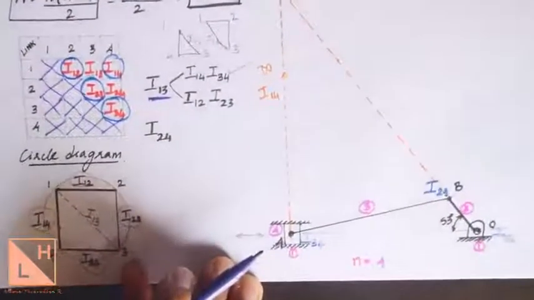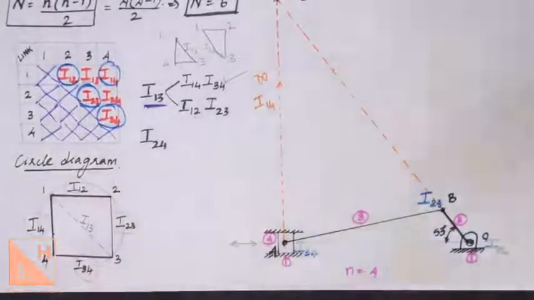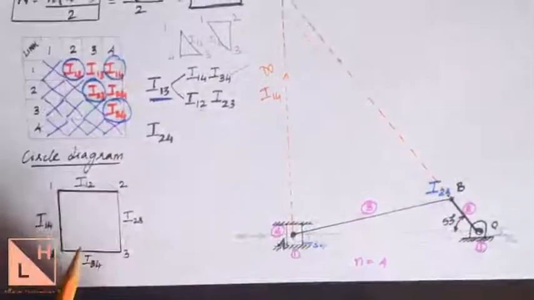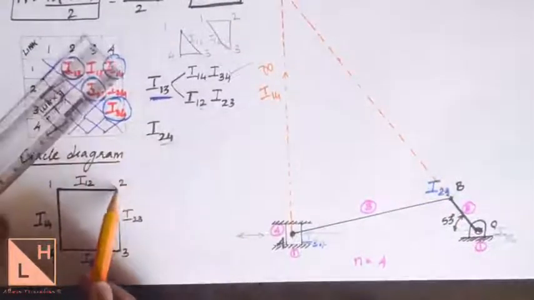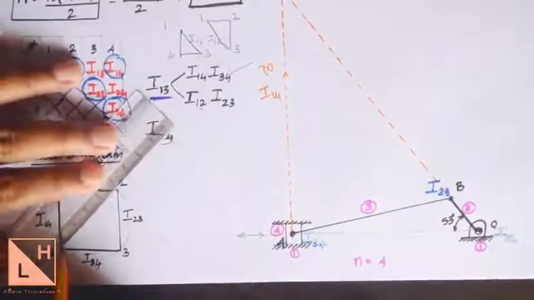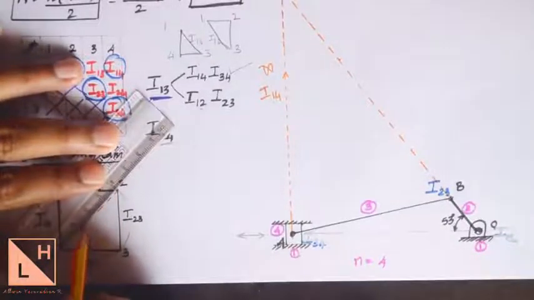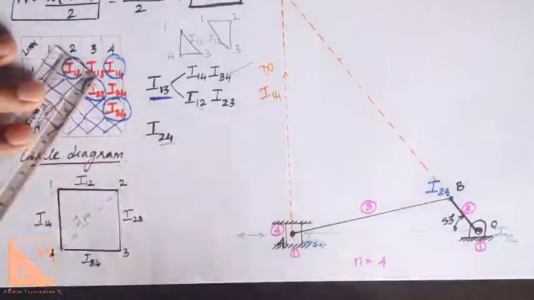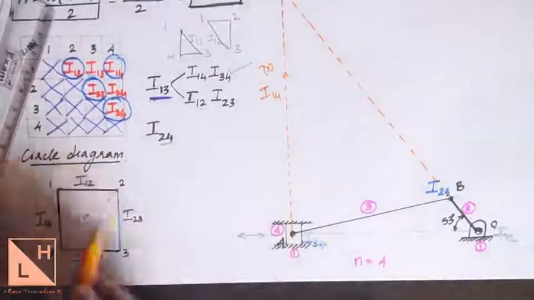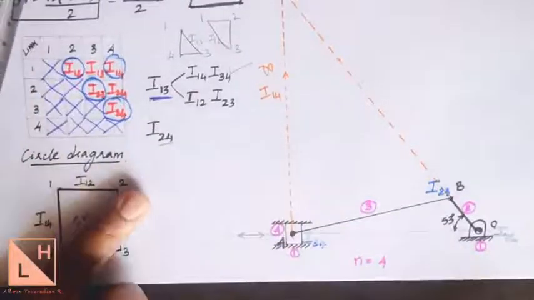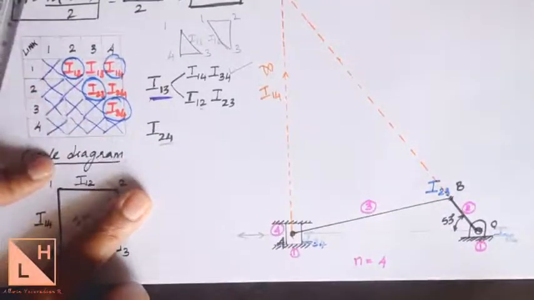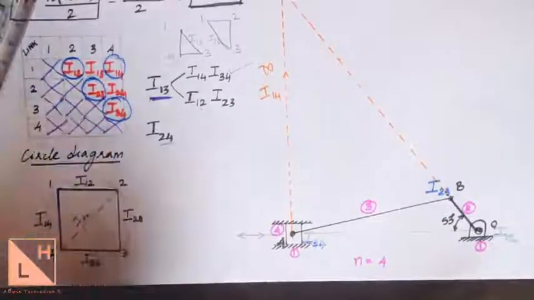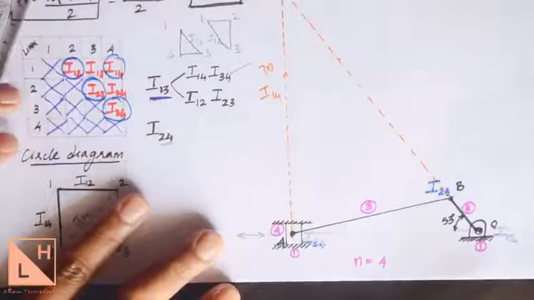Repeat the same process. Now connect the points 2 to 4. For your clarity, let me just erase what we have for I13. Now in the circle diagram, connect the points 2 and 4. So here I have 2 and here I have 4. You connect that with a dotted line. And here I am supposed to get I24. Now how do I get I24? When I construct I24, there are 2 triangles formed here. One is over here, 1, 2, 4. And another triangle is over here, 2, 3, 4, right? So refer to the triangles one by one.